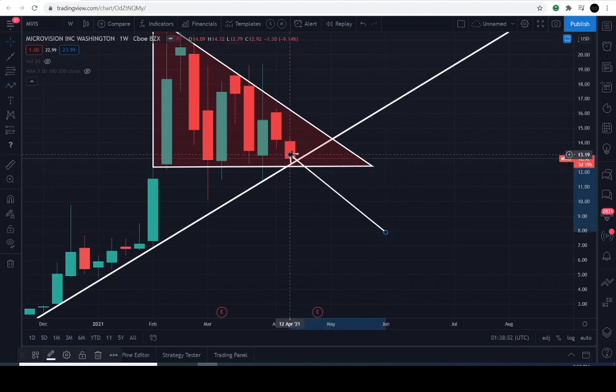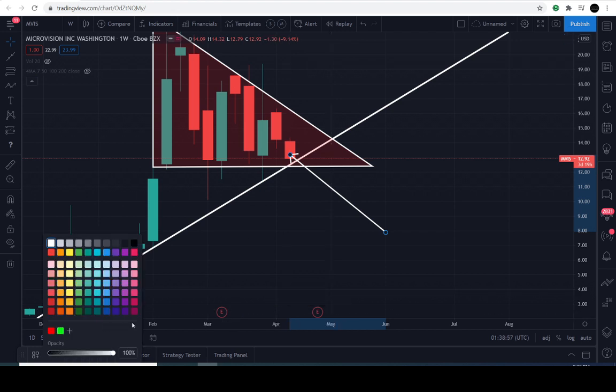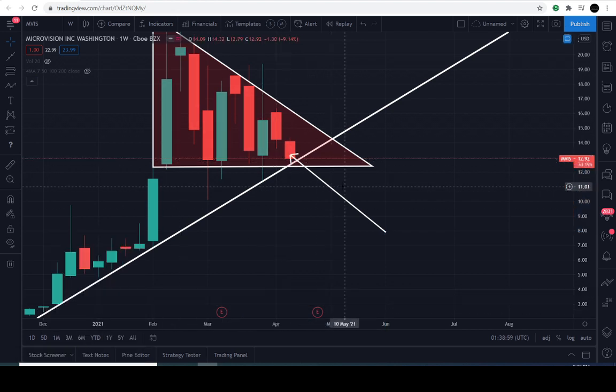Okay, so we have about 3 days and 19 hours to close on that candle. So it's still an active candle. It can go in either direction, to the upside or the downside. Let's go ahead and point out the lower line down here. The buyers must protect the